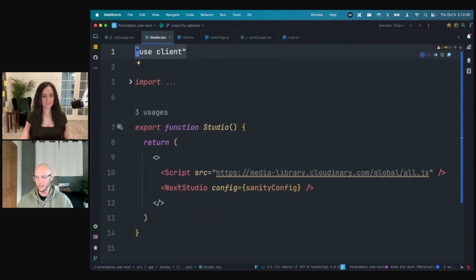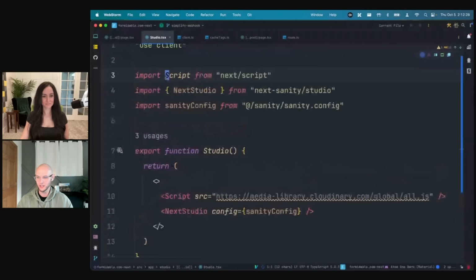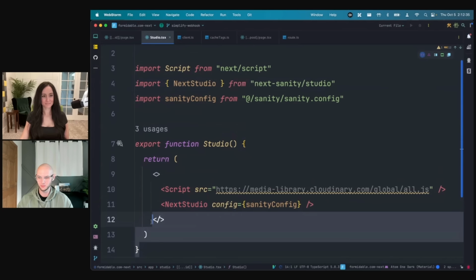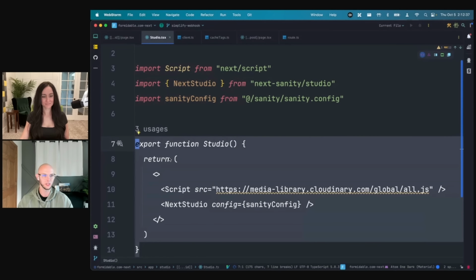But there's actually a Next Studio component that Next Sanity exports. That makes it dead simple. You just drop this thing right in here, and we've got about 5 lines of code effectively to basically plop your Sanity Studio into a subroute of your Next.js application. So very little code to get this up and running in a Next.js app, and then you can just deploy this along with the rest of your Next application.